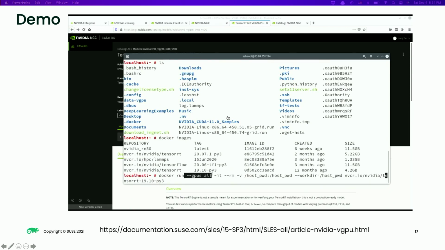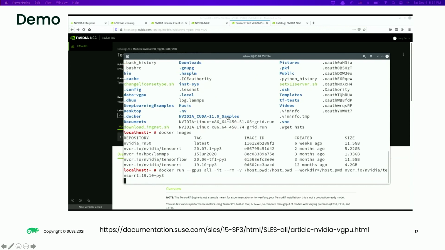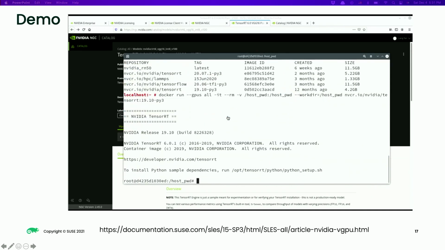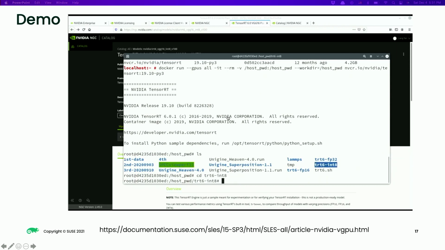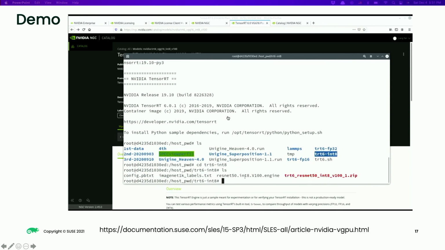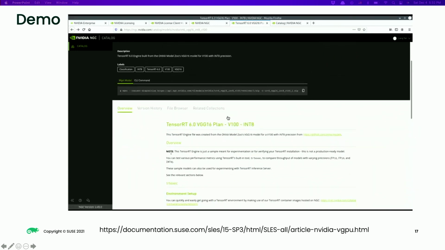Now we've already set up the GPU there, and the GPUs we're using are all available. Now we're getting into the Docker environment. And I just run a TensorRT engine there. Here I choose an INT8 type.